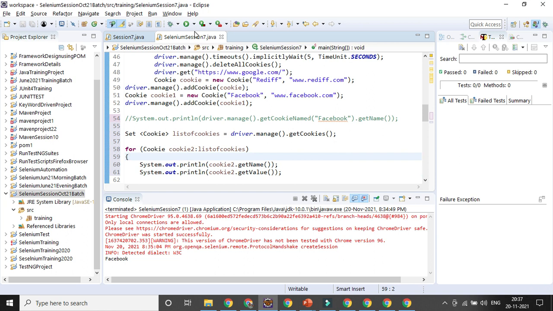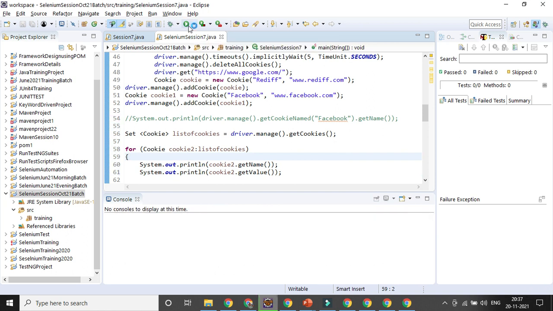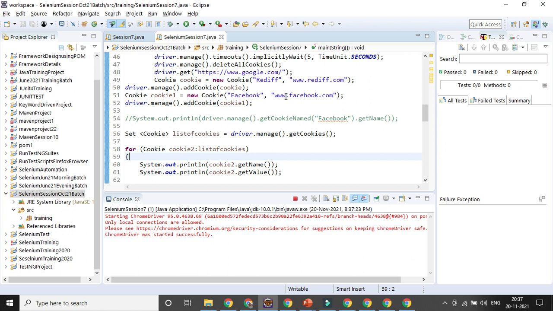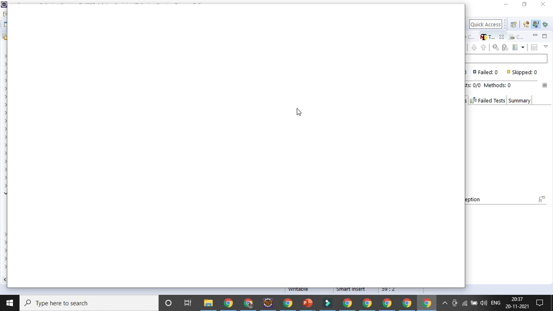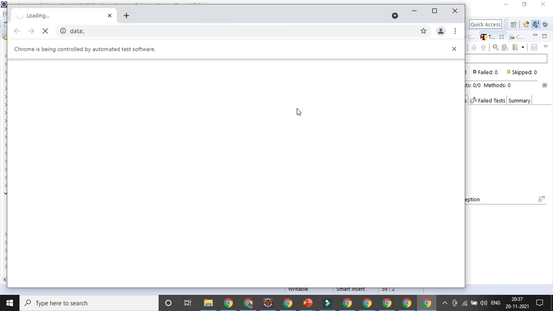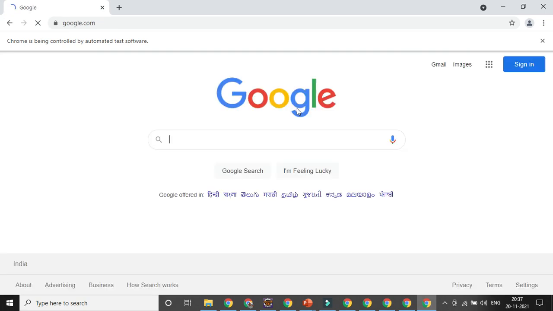Sometimes it's required, but I don't use it much. But sometimes you need to deal with a specific thing in the cookie, you need to get the whole cookie list, you need to see whether it's failing, right? So you can get that with the help of an automated script. You can get what cookies are already stored. If you want to get the list or delete all the cookies, you can perform the different cookie operations with the help of the Cookie class.